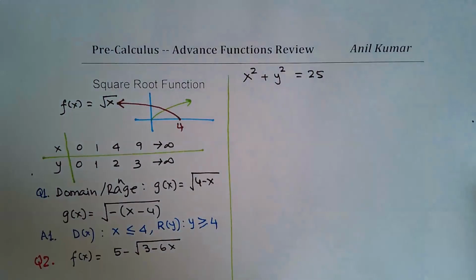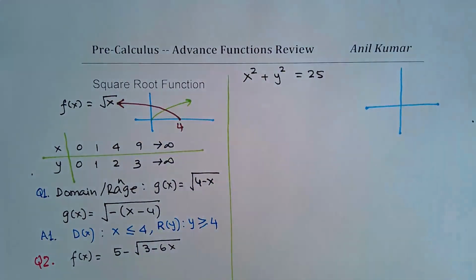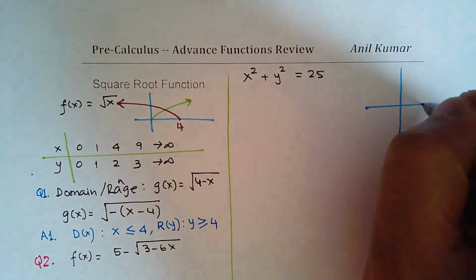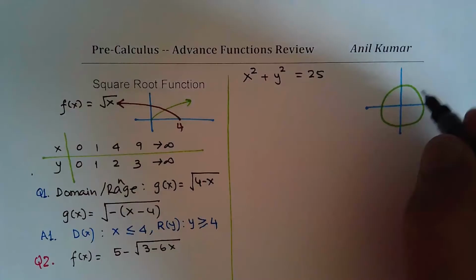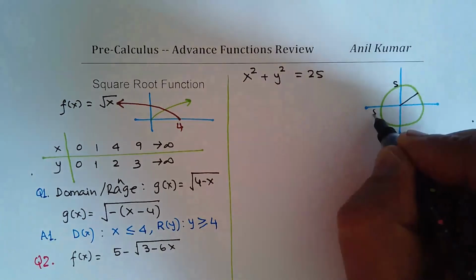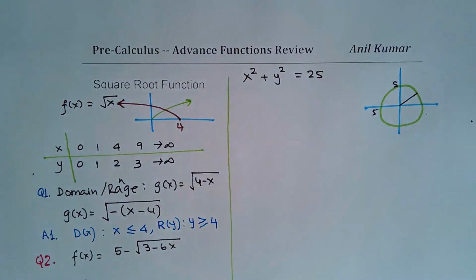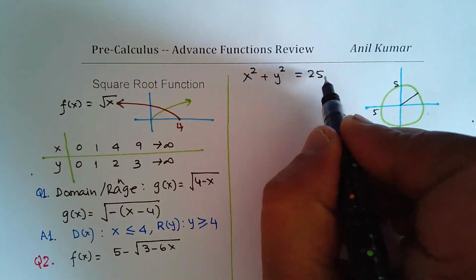It really represents a circle. Perfect. It is a circle where the radius is 5 units. So you can say it's a circle where this radius is 5 units. So this is 5, this is 5, all that. However, if I put a condition here, then this may become a